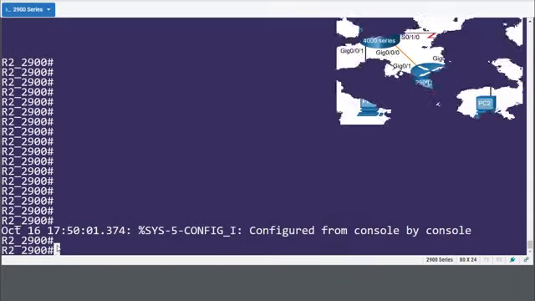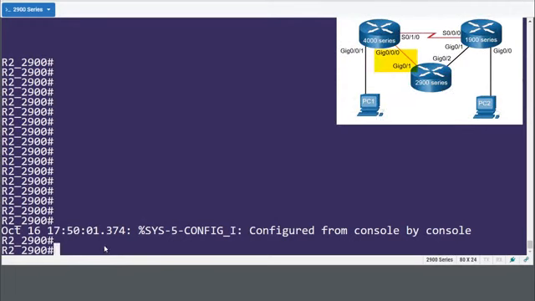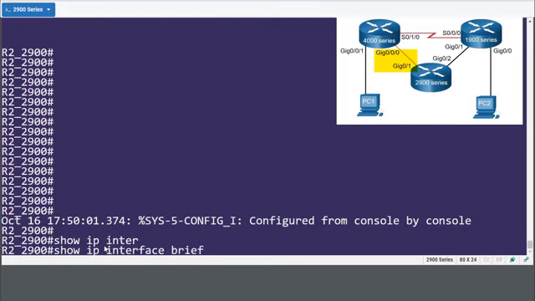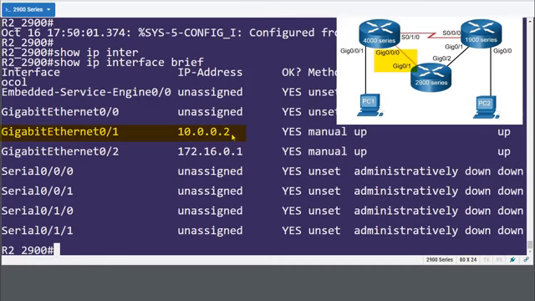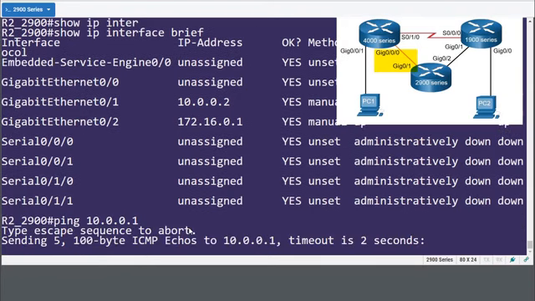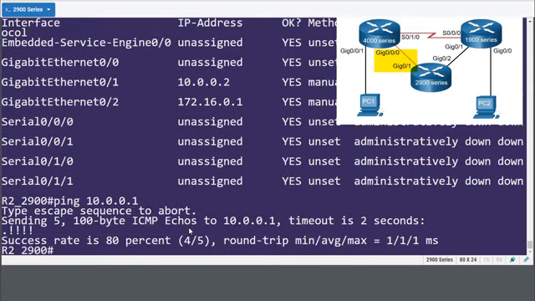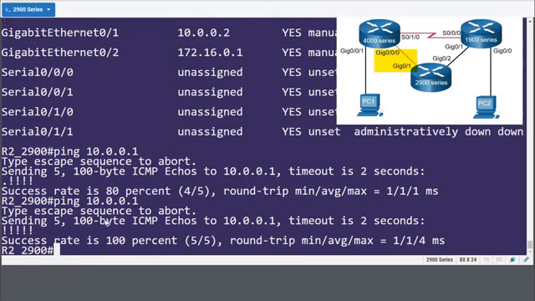So back on that R2 router, we're going to ping across that Gig 0/1, and that's us having verified the IP address before we start. Show IP interface brief. That's us having the 10.0.0.2 IP address on our side, and we're going to ping the other side, which is 10.0.0.1. And ping is an awesome network testing tool. This is how we can test our network connectivity between devices. When I hit enter, I want 5 successes, but we might have 4 only because of ARP. So ARP has successfully resolved, and we're going to fire that off again, and now we should have 5